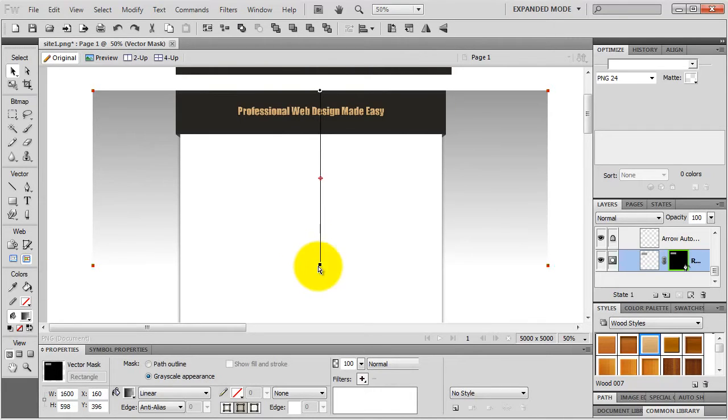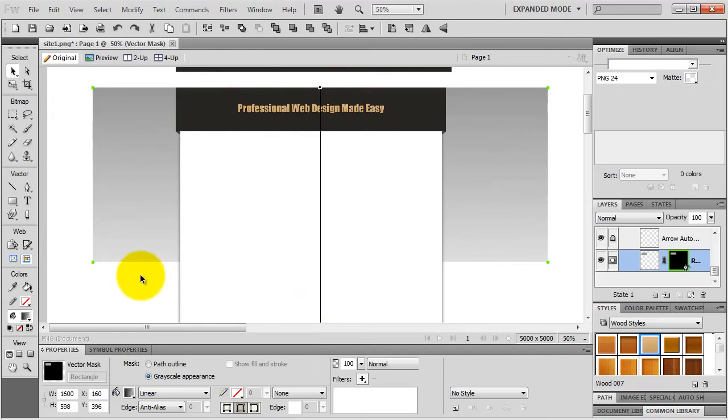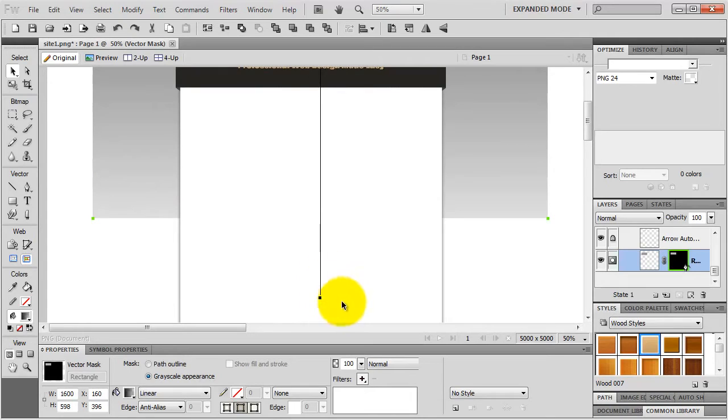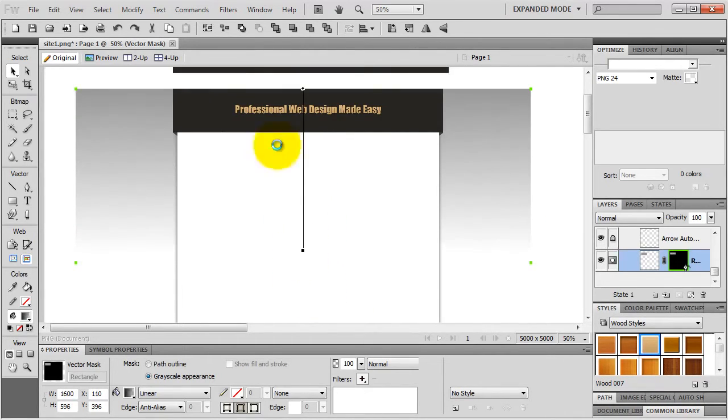It's fine. I just want to make sure it fades out before the end of my actual rectangle, because if it doesn't, I'm not going to have a nice fade out on my background. Let me show you what I mean. If I move the fade out point down here, you can see there is no fade out at the bottom and it's not nice at all. So I move it back up. Actually, I move it over